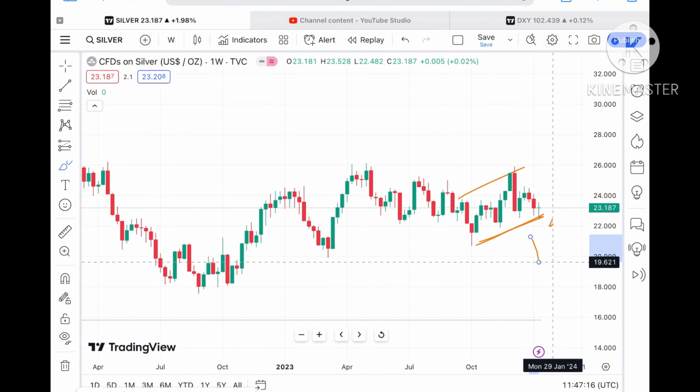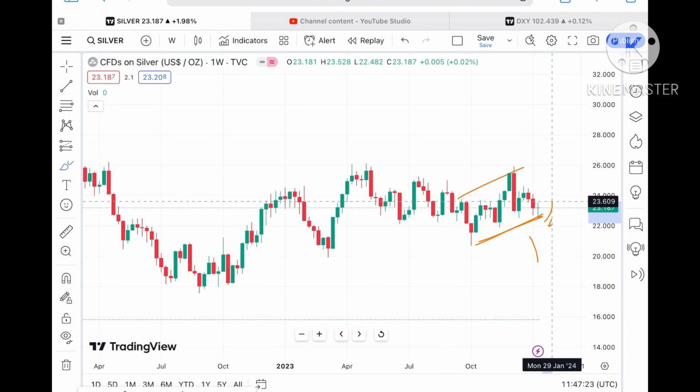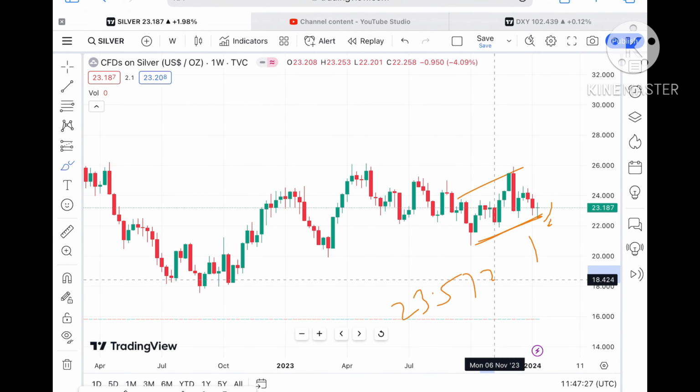Okay, now see the silver price. Suppose the price sustains this level, because you have to understand the market is uncertain, so I have to tell you both sides. Okay, so let's see, if the price sustains this level, we will see the next resistance coming at a level of